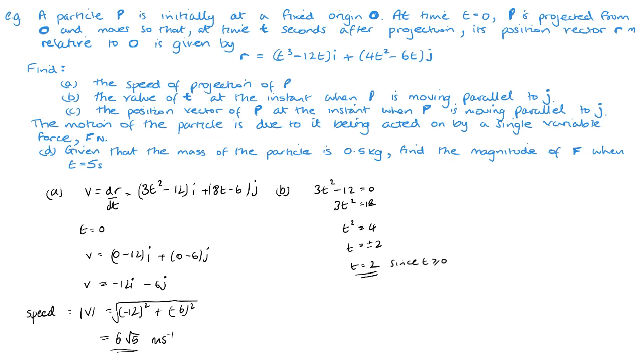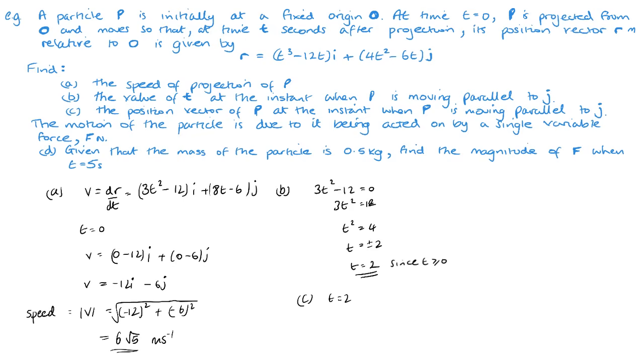Okay, and that there is part B done. Now part C, the position vector of P at the instant when P is moving parallel to j. So the position vector is going to be this r, and what we know is that t equals 2, so we're going to do for C,